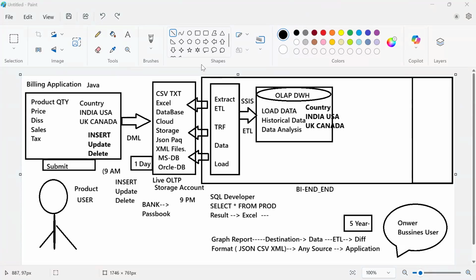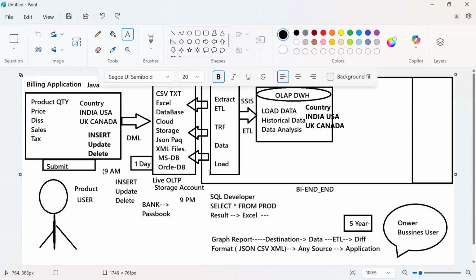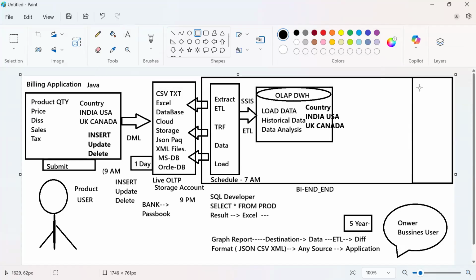So that is the reason we are developing ETL pipelines, ETL packages, which do an automation job, which we are going to schedule every day in the morning, 7 a.m., 6 a.m., anytime, which extract the data, transform it, and load it. And then once you load the data, you can connect any reporting tool, whether it is SSRS, Power BI, or Tableau, QlikView. There are many other BI tools in the market. Why only the Microsoft product?